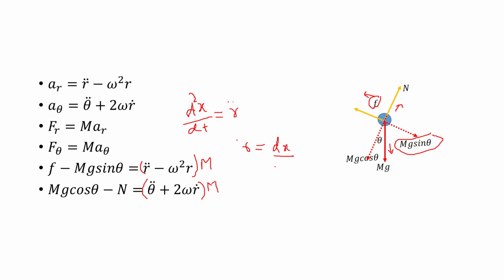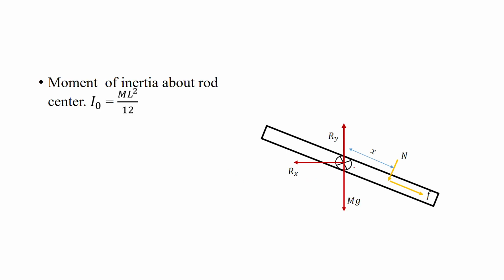So in order to find out these unknowns, we will first look at the free body diagram of the rod. So this is the free body diagram of the rod. The forces acting on it are Rx, Ry, Mg, the normal reaction, and the frictional force. The moment of inertia of the rod, since it is hinged at its center, is ml square by